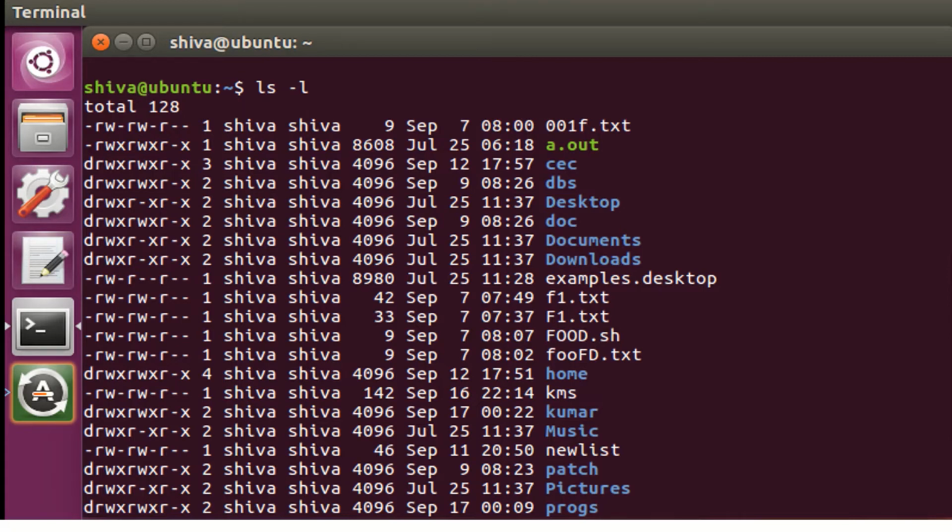Like that, for the third one, the first column shows d, which indicates that it is a directory file, and then there are 9 permission options. Each option is displayed as we discuss in the permission concept. Like that, all the files can hold different types of options provided in the files.